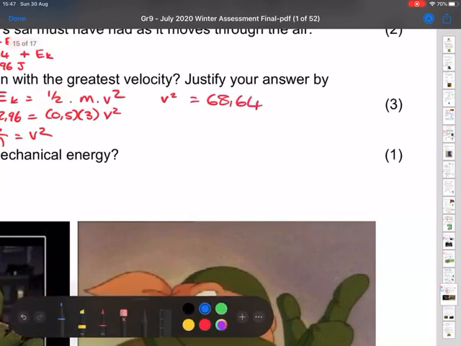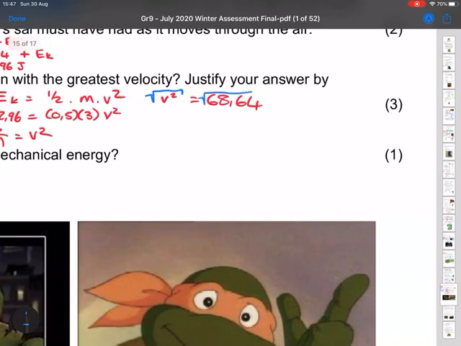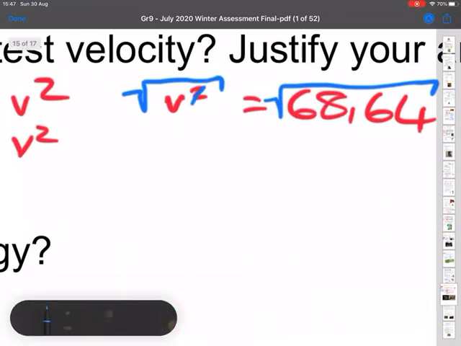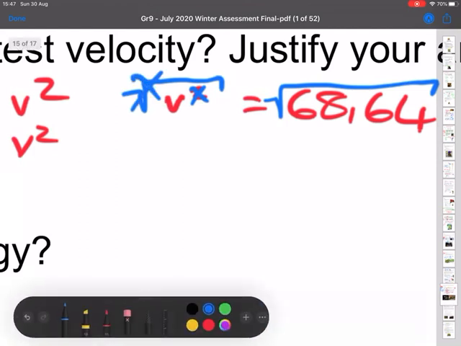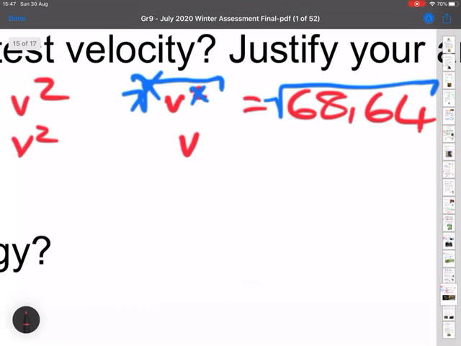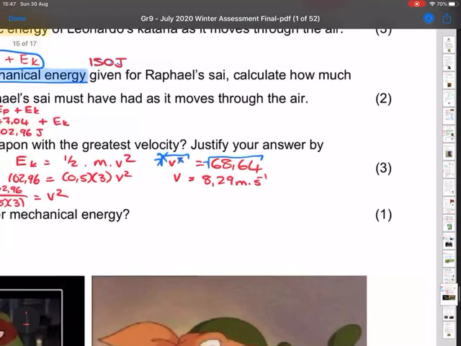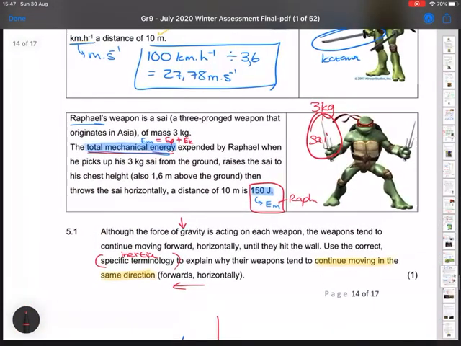Now, if you need to solve this, you need to square root this side and square root that side. So now the square cancels out the square root. So the V squared gets cancelled out by the square root. So that means that you're going to be left with just V. This is why you need maths to do science. So V is equal to the square root of 68.64, 8.29 meters per second. Okay, and that was for Raphael. So Raphael's velocity, the velocity that he threw his 3 kilogram psi, was 8.29 meters per second, whereas Leonardo was